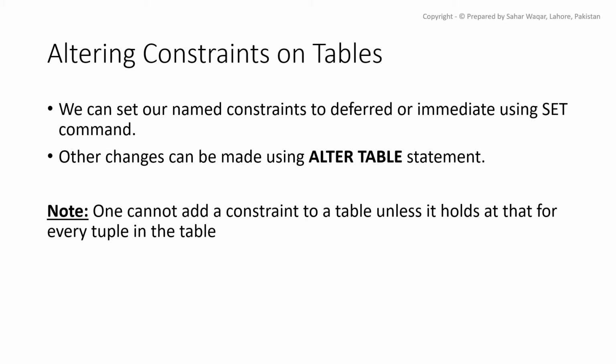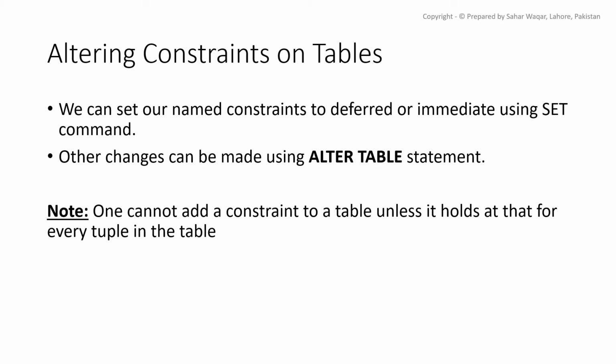We had discussed in deferred constraints lecture that we can set our constraint checking to defer until the end of transaction or reverse this process using the set keyword and name of the constraint. However, all other types of changes can be done using alter table command. Alter table is discussed in data definition lecture. In simple terms, if your table is already created, then you can use alter to modify the schema of table.